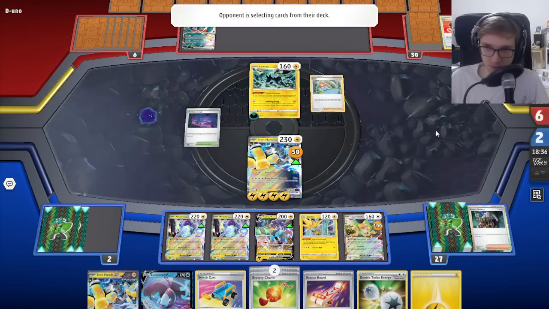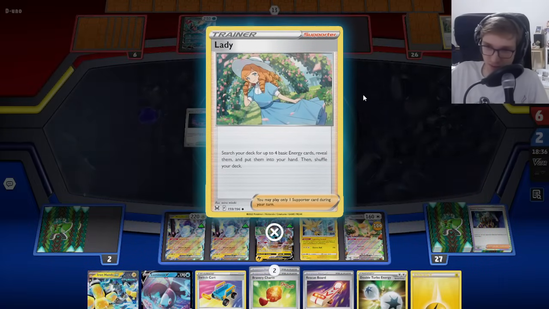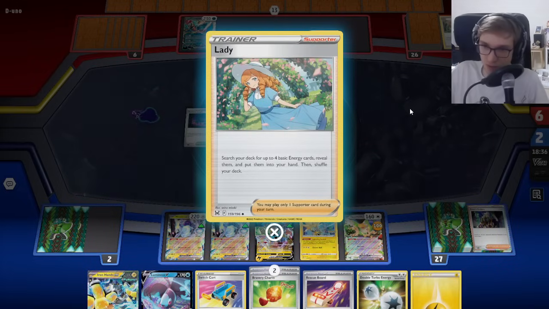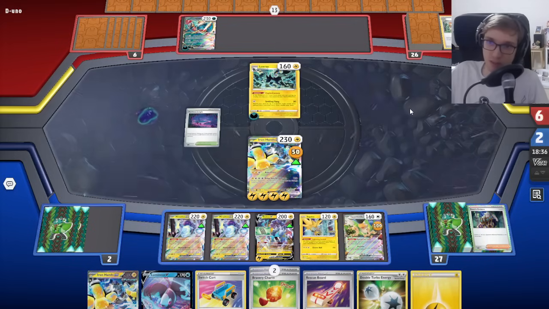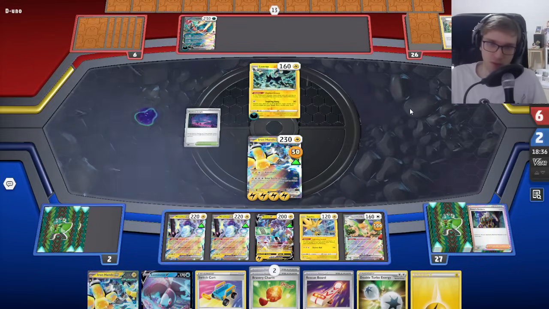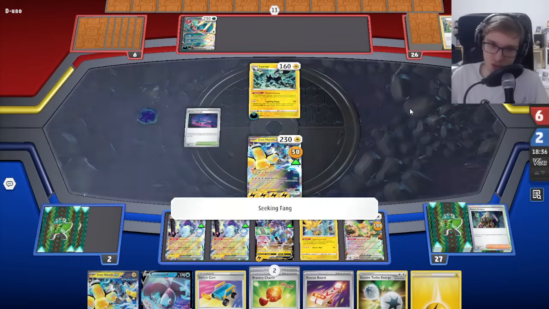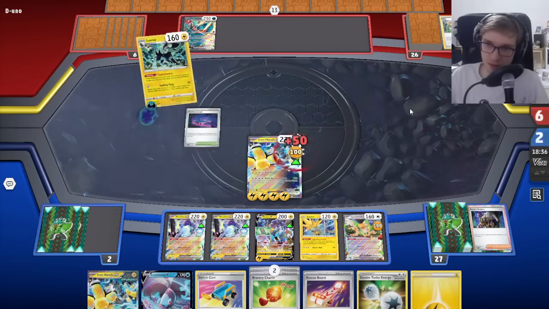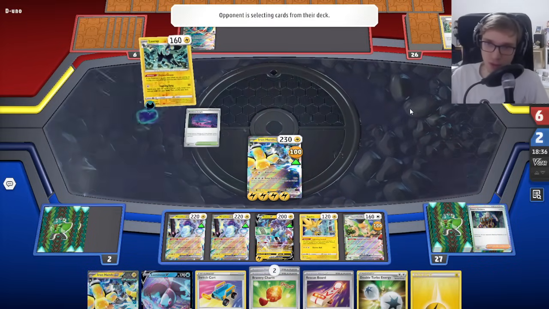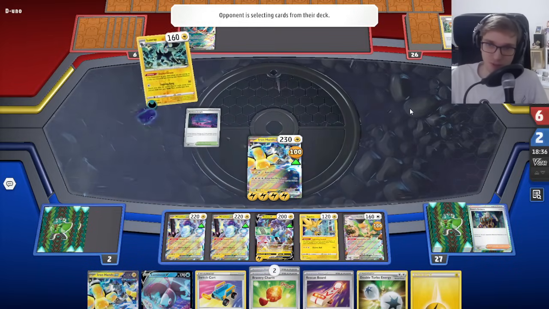You've played a Lady. What is a Lady? Search your deck for 4 basic energy and put them into your hand? That's a crazy card. I guess you gotta play all those energy manually, don't you? That'd be good for Goldengo, right? Because Goldengo discards a bunch of stuff from hand. It would be good for Chien Pao, maybe? Because with Chien Pao you can put as much energy as you want on your guy. This is really what you do? Oh, you don't have a guy, so I suppose